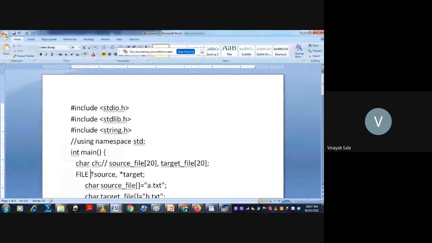So we created two pointers, a source pointer and a target pointer.